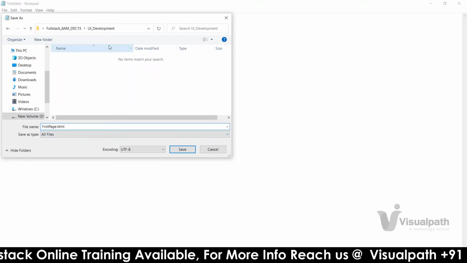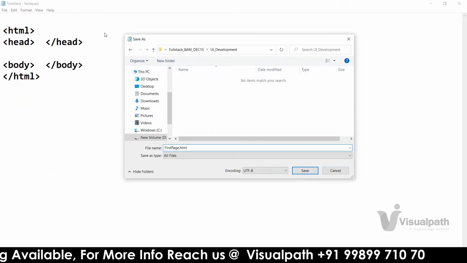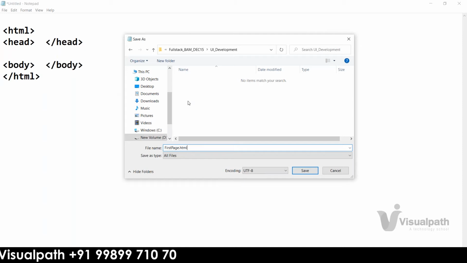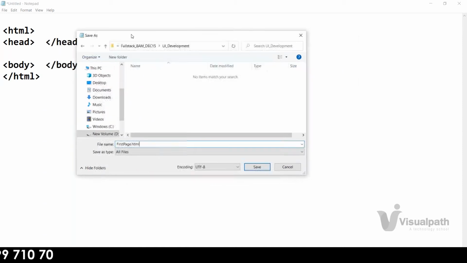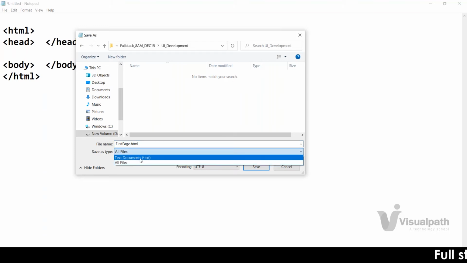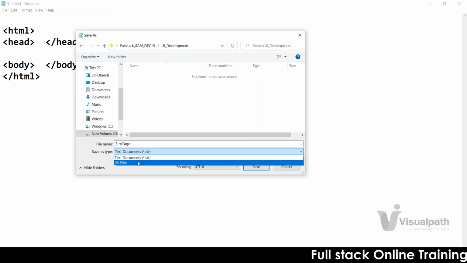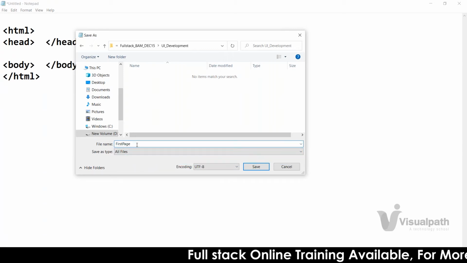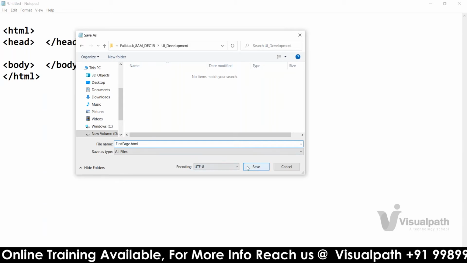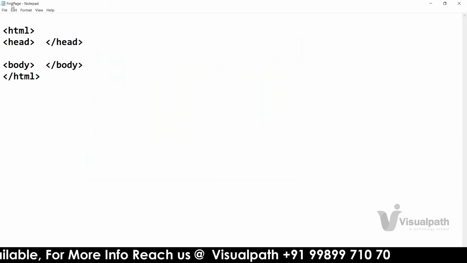So I repeat, guys, again. Take one normal plain notepad and then write this template. Then save. Go with save, and when you are saving, give any name you want, and then .html is mandatory, and make this save as type. First default will be like this, but you have to make it all files. Okay, and you should keep it as .html. Now save this. Fine.